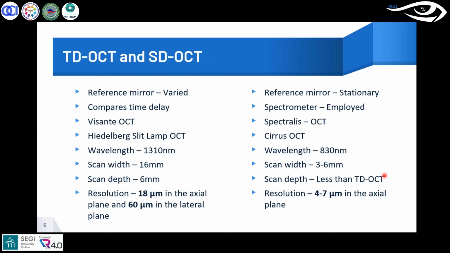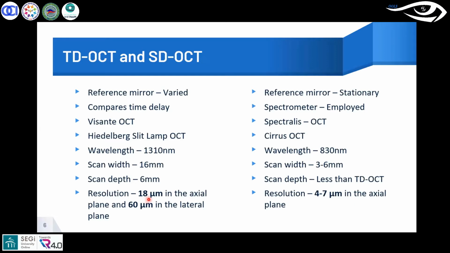But the resolution in case of a spectral domain OCT is going to be comparatively more than that of the time domain OCT. By looking at the numbers, we see this is less than this, but it's actually not that. When you say resolution, it means you are able to distinguish two separate structures as separate. That is how you define resolution. So when the values are lesser, that means even structures which are 4 micrometers apart can be distinguished as separate structures in case of a spectral domain OCT,